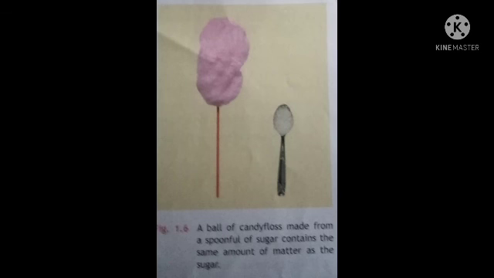When we compare mass and weight, both are physical quantities. We can measure them, and we can also express them in numbers and units. Both are closely related, because weight depends on the property of heaviness or lightness of the object, and that heaviness or lightness is decided by the amount of matter, that is the mass of the object. Even though they are closely related, they are two different physical quantities.